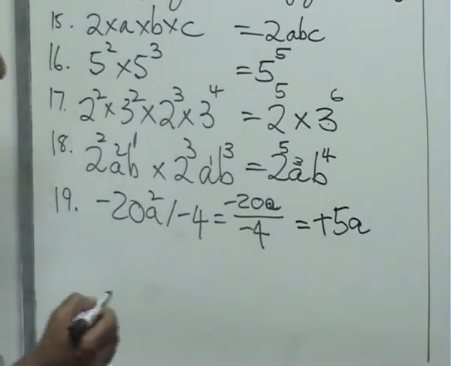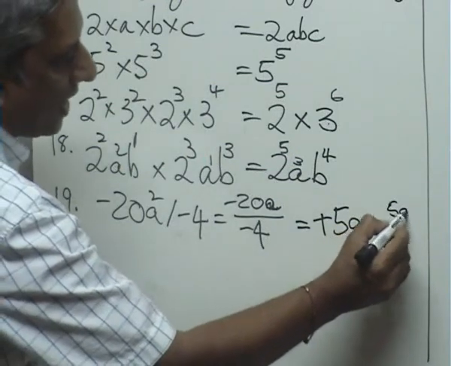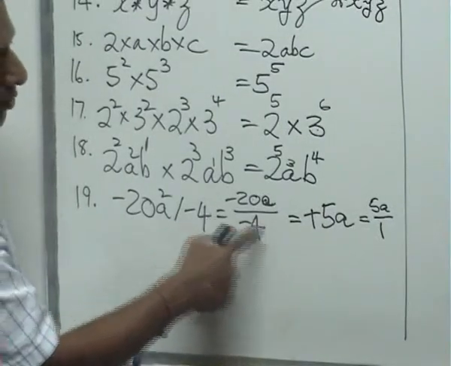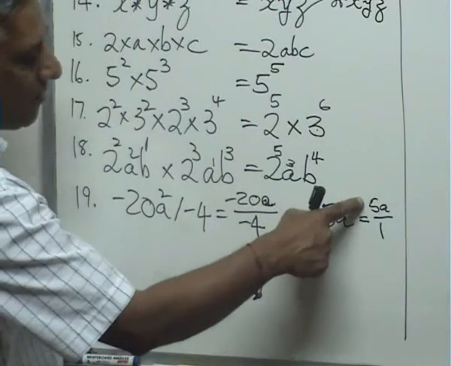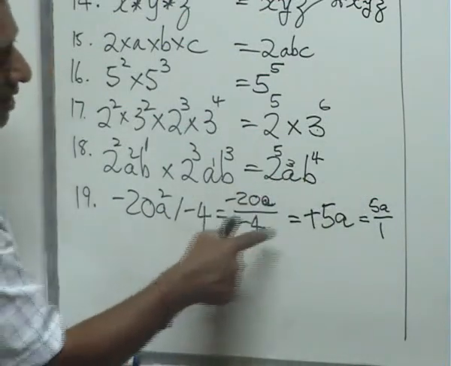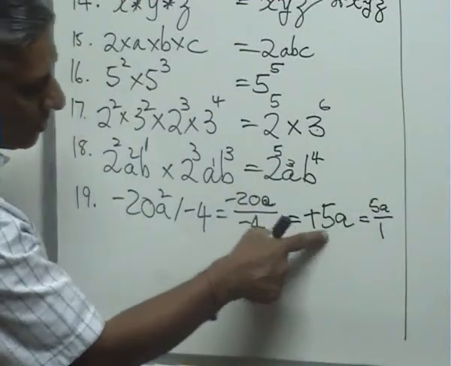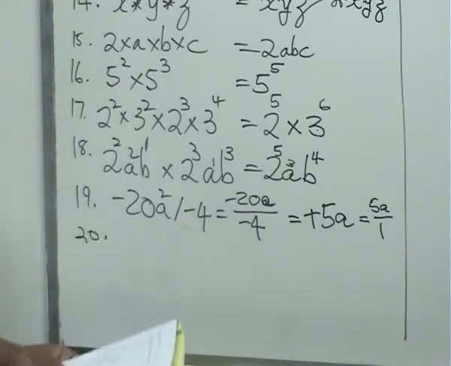Or another student might say, look, this answer can also be written as 5a all over 1. Because that student can say 4 divides into 4, 1 time. 4 divides into 20, 5 times. Minus divided by minus gave us plus, and the a is on the top. So this answer could have been written like this or like that. And finally number 20,